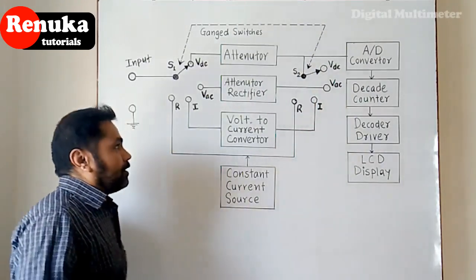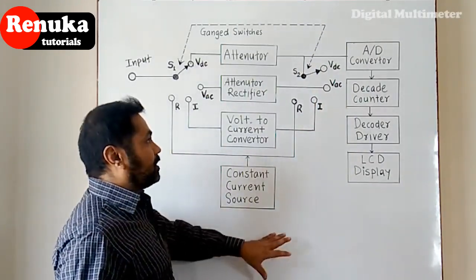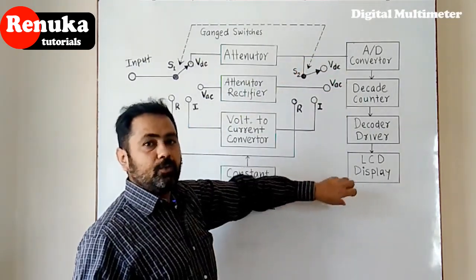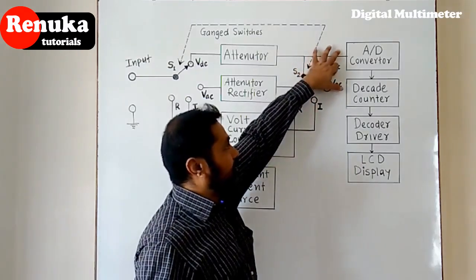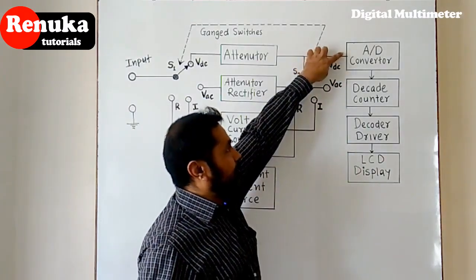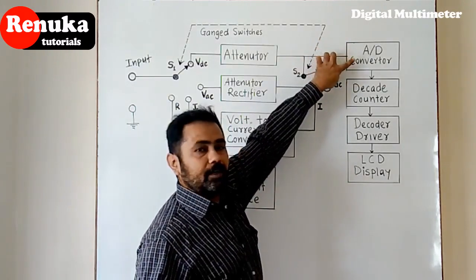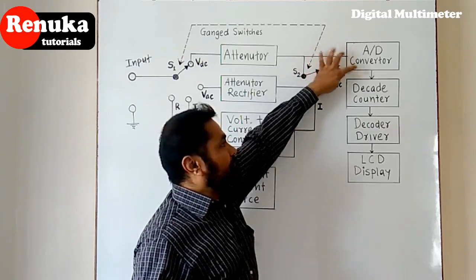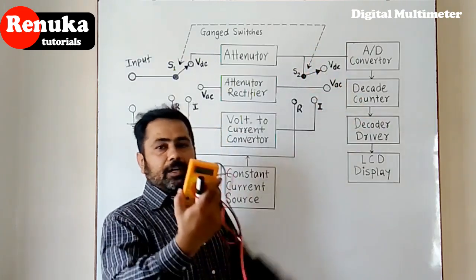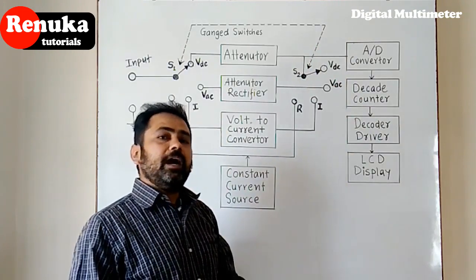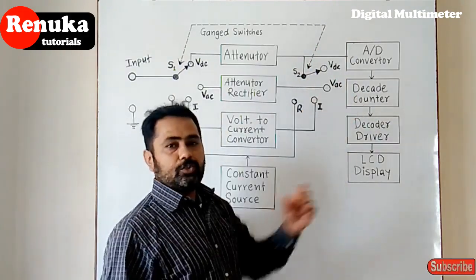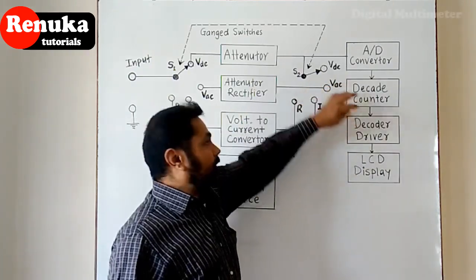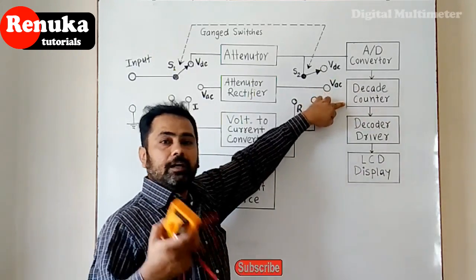Here in the digital multimeter, the basic digital processing device is this. This is actually a DC voltmeter and it uses some digital devices. The first block, you can see, is where the analog quantity should be converted into digital form. For this, it uses an analog to digital converter. Then after that, it uses a decade counter. Every digit in a digital multimeter will have a value between 0 to 9. So 0 to 9 means total 10, so it has to count from 0 to 9. That means decade, so that is why it uses a decade counter.